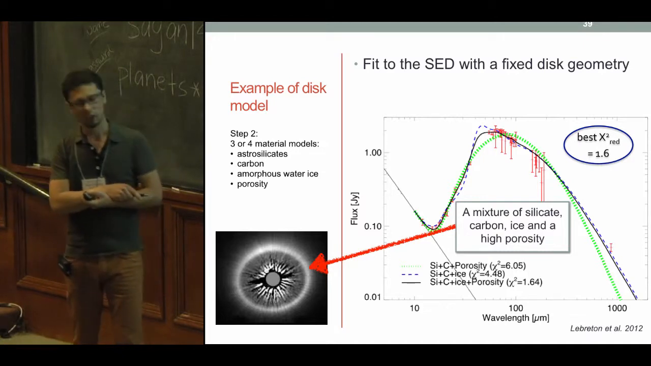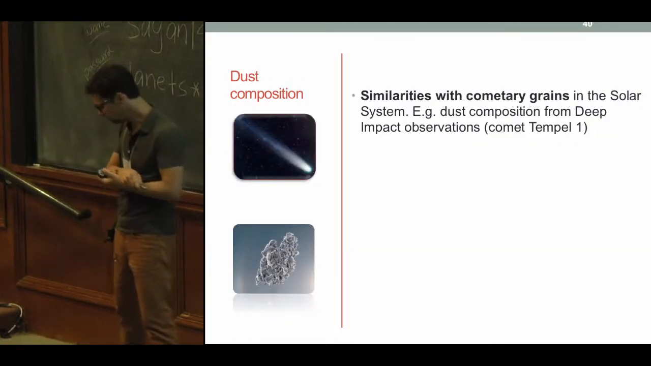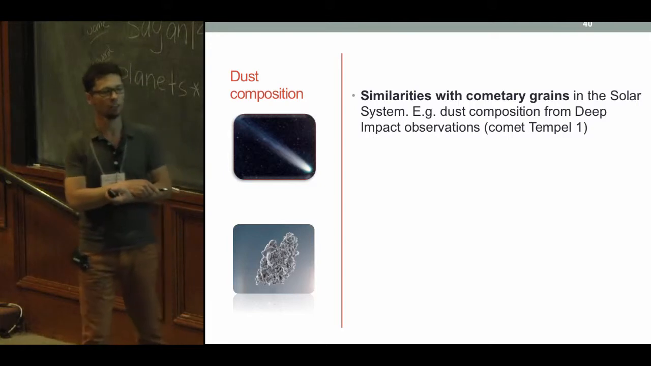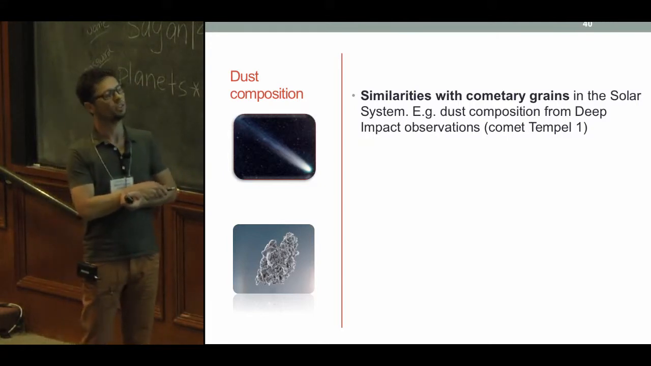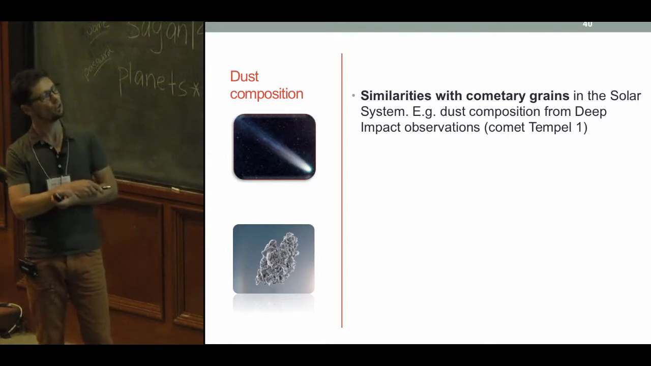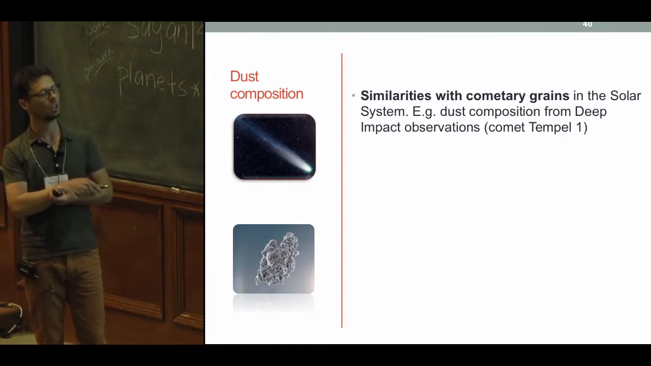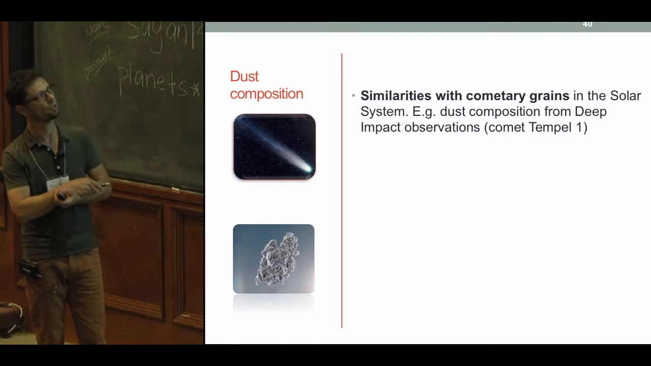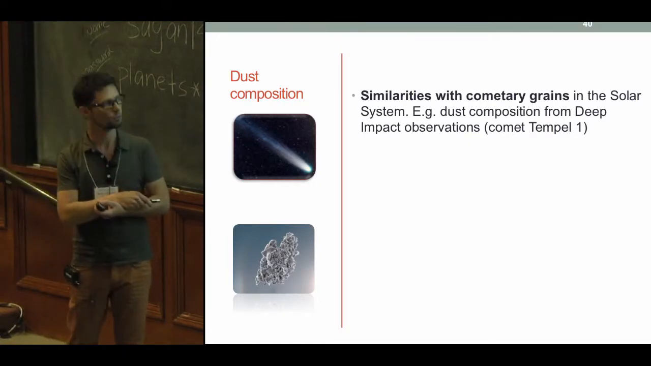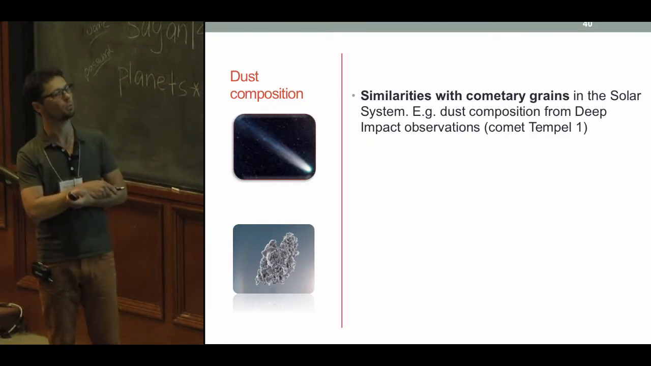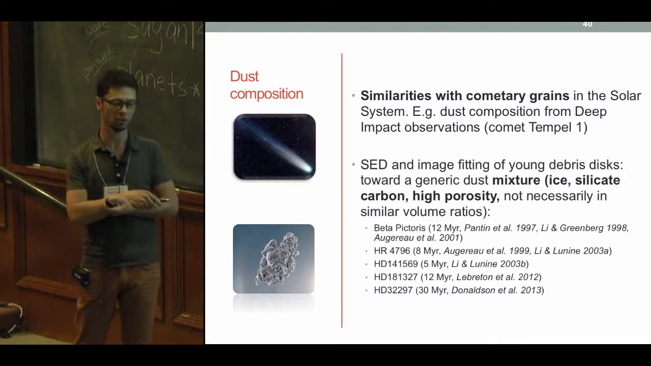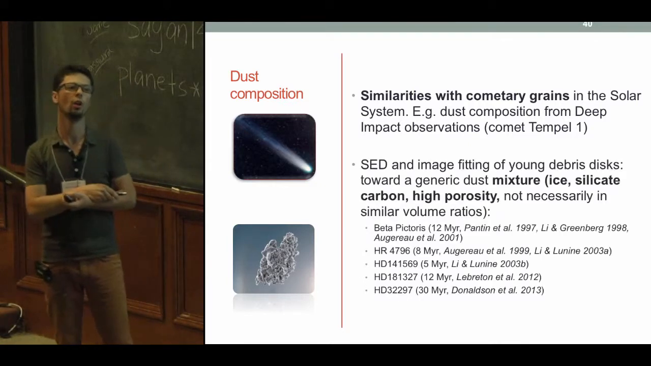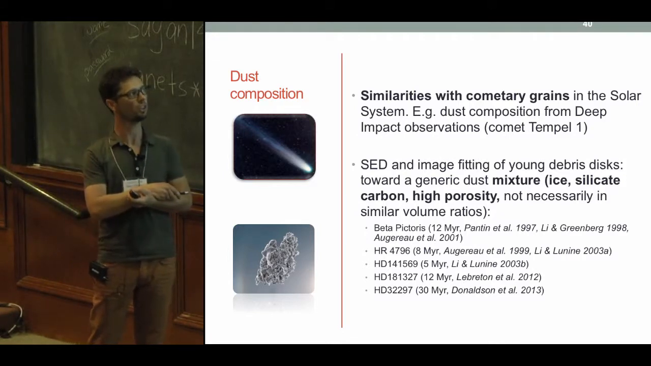So what do you learn from that? You learn that your grains are icy, very porous, and it recalls the dust properties that people are actually finding in the solar system, especially the cometary dust grains in our solar system. So this is interesting. Another interesting aspect is that when you do the same exercise for different well-documented debris disks,